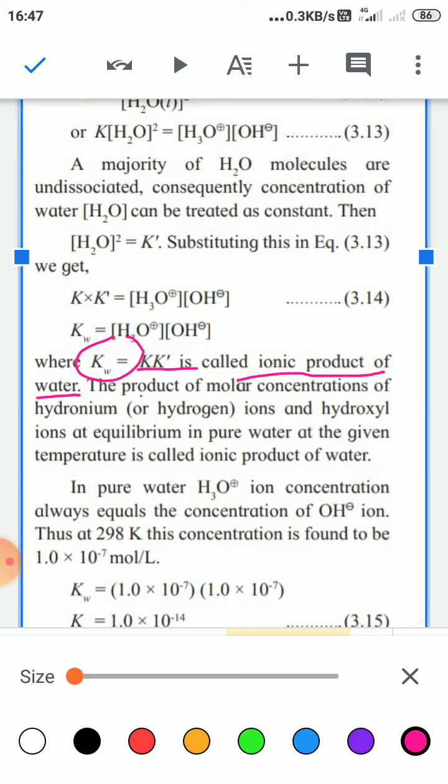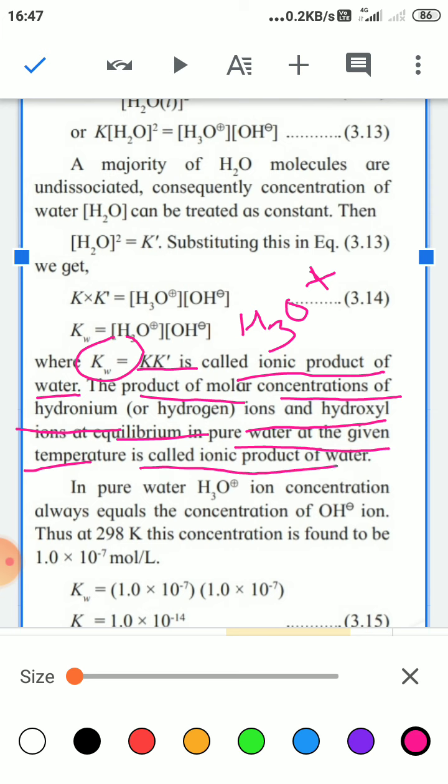Therefore the product of molar concentrations of hydronium ion and hydroxyl ion. Now here hydronium ion is H3O plus. Hydronium ion is H3O plus ion in equilibrium in pure water at a given temperature is called as